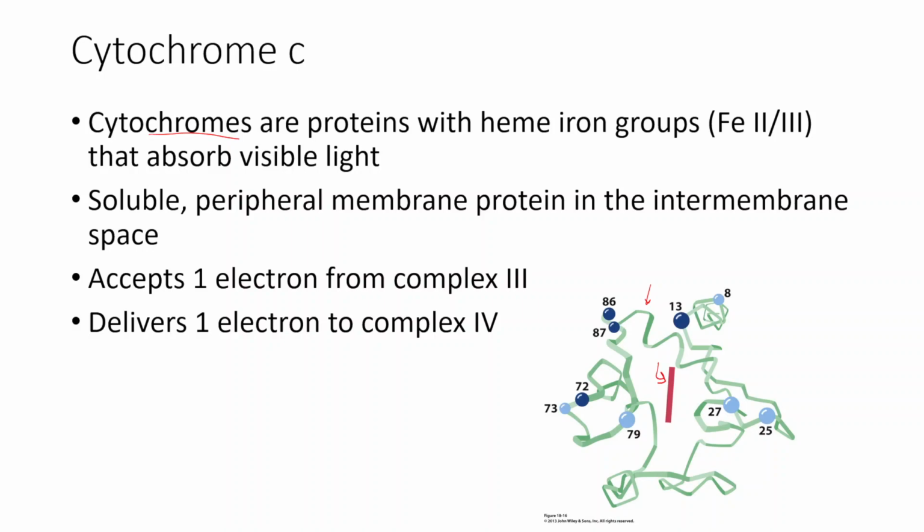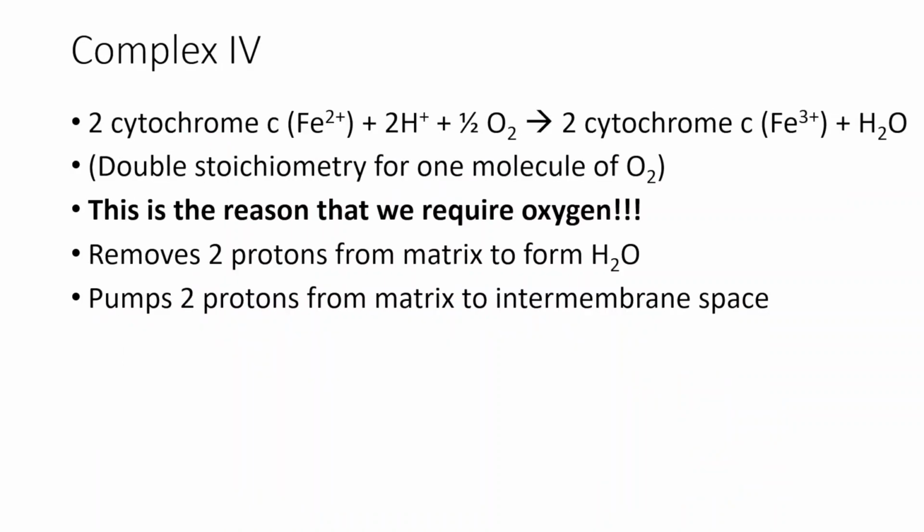And like we just saw, each one cytochrome C molecule is able to accept one electron in complex 3 from that coenzyme Q. And each cytochrome C then delivers that electron over to complex 4,